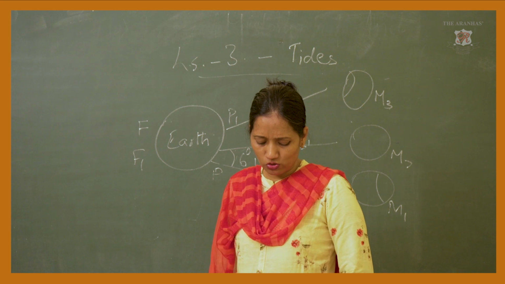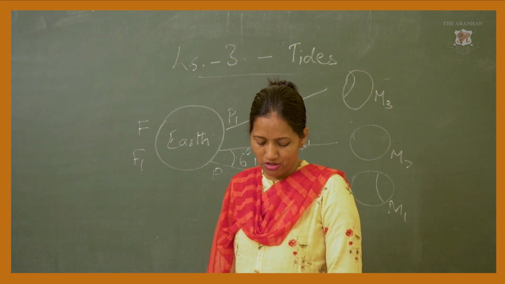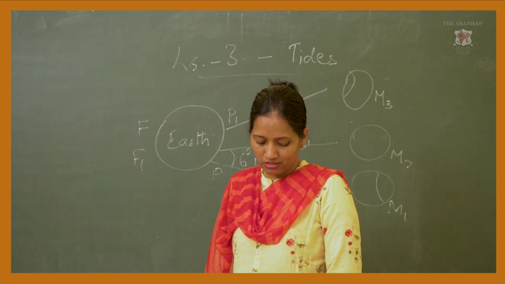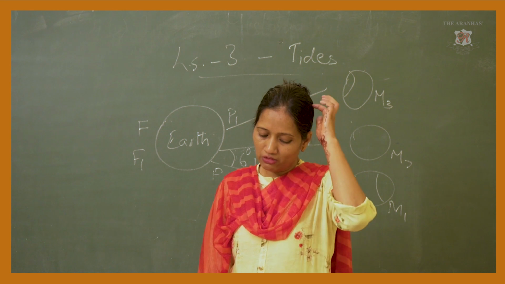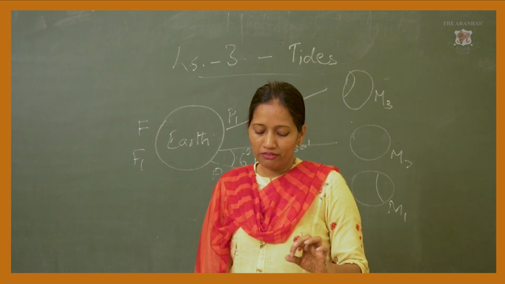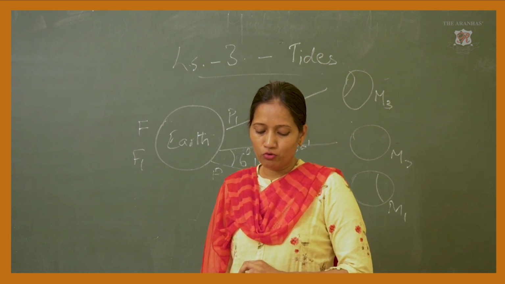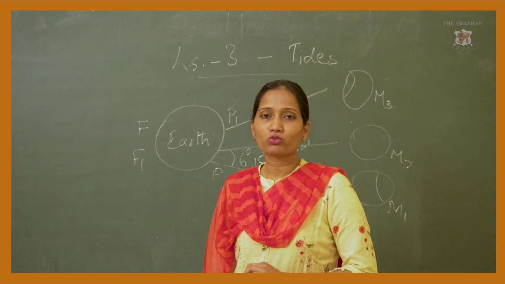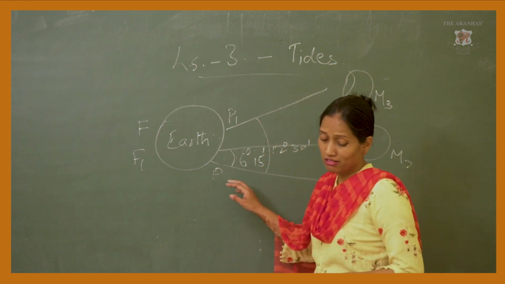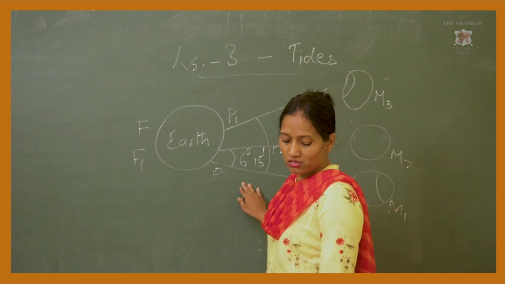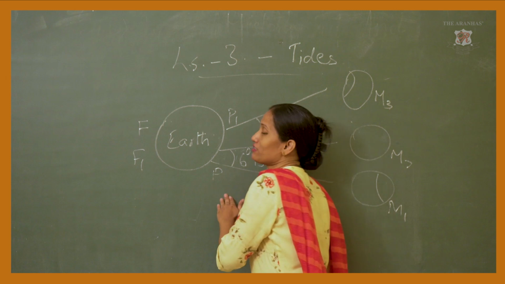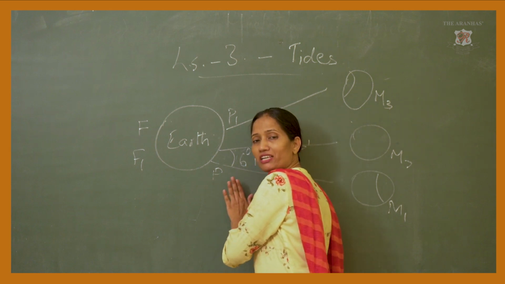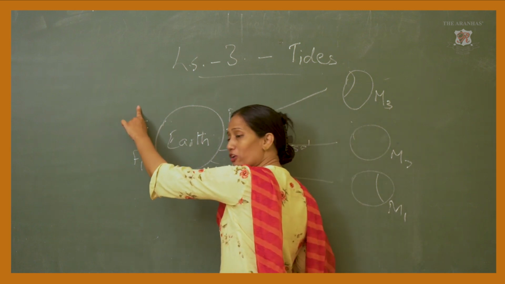The same change will also occur with reference to point F. Point F will not experience the same high tide right away, because in the meanwhile the moon also would have moved a little ahead. Hence it will take 25 minutes more for point F to come to the position opposite to the moon. Maybe you know why? Because if there is a high tide, the amount of force that is experienced over here for the high tide,